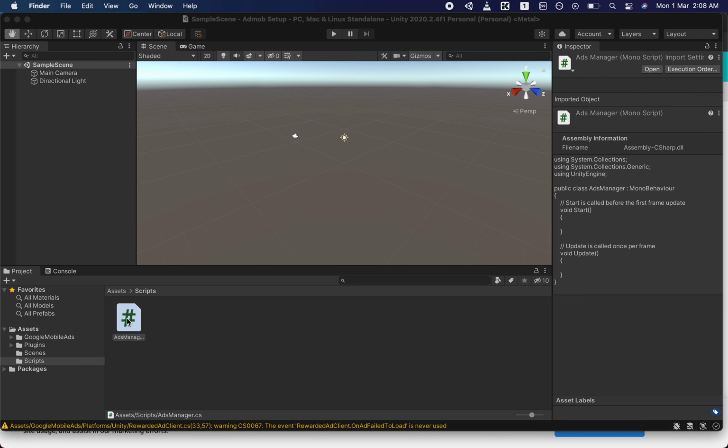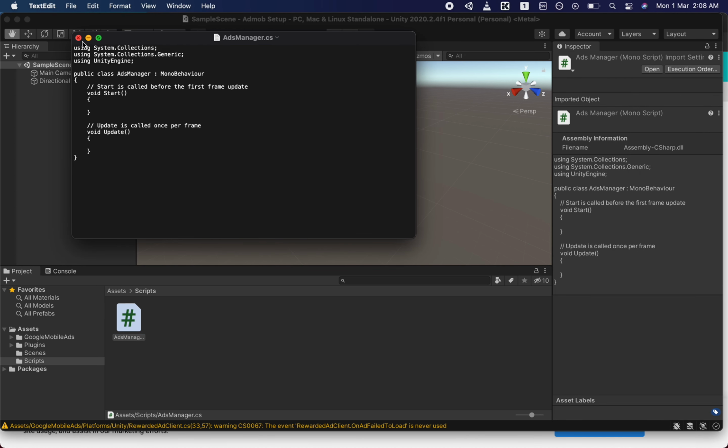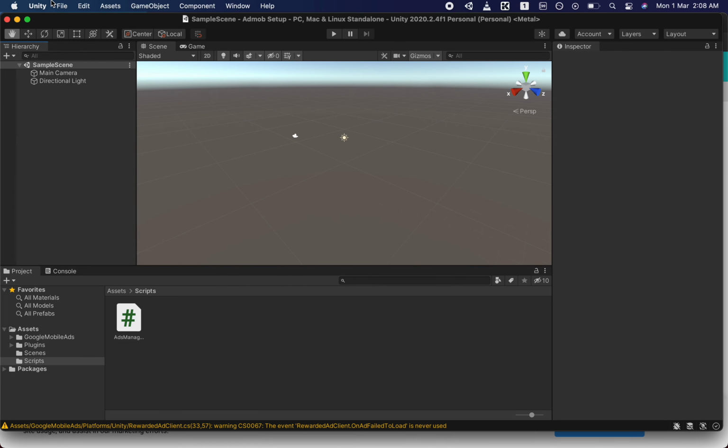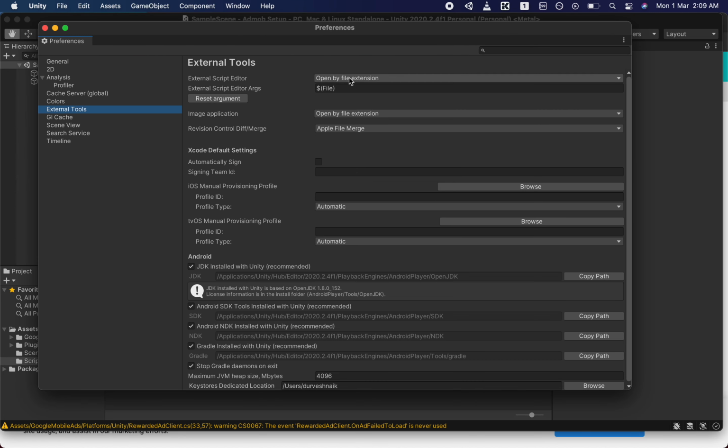Then double click on that and go to Unity preferences. For Windows, go to file preferences, then external tools, and here select Visual Studio or the code editor of your choice.